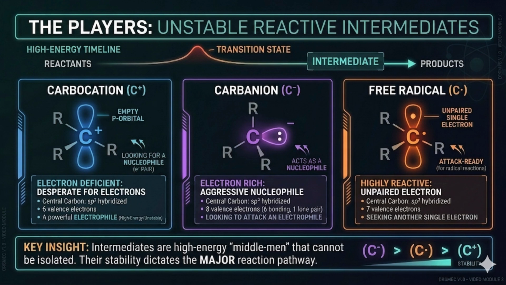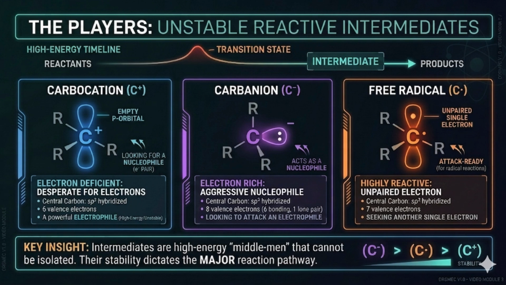Look at our high-energy timeline between the reactants and the final products. We hit a peak called the transition state, which drops us right into the world of intermediates. These are short-lived, high-energy molecules that dictate the entire pace of the game. First up, in blue, the carbocation. Think of this as an electron vacuum. It's sp2 hybridized with an empty p orbital, leaving it with only 6 valence electrons. Because it's electron deficient, it is a powerful electrophile, absolutely desperate for a nucleophile to swoop in and fill that